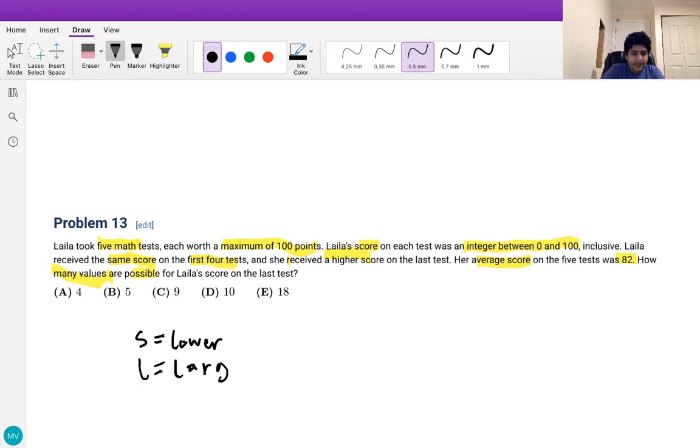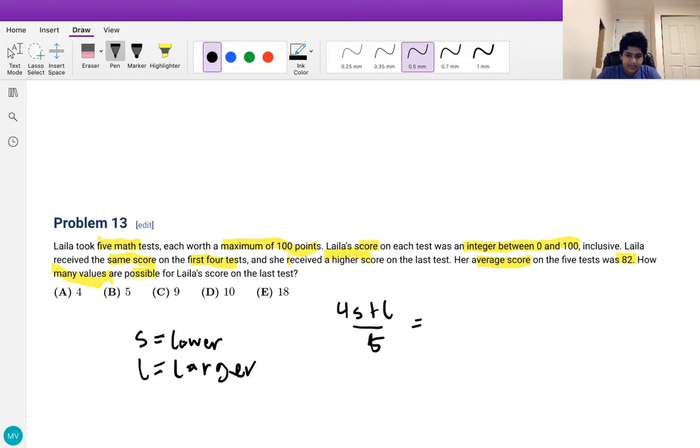So the system of equalities and inequalities dictates that, first of all, since the average score on the 5 tests is 82, and the average score is just (4S plus L) over 5, we know that